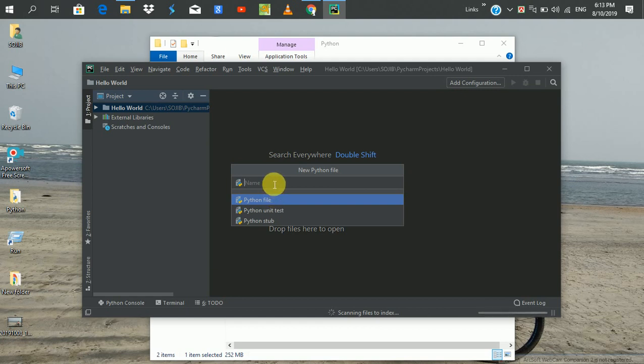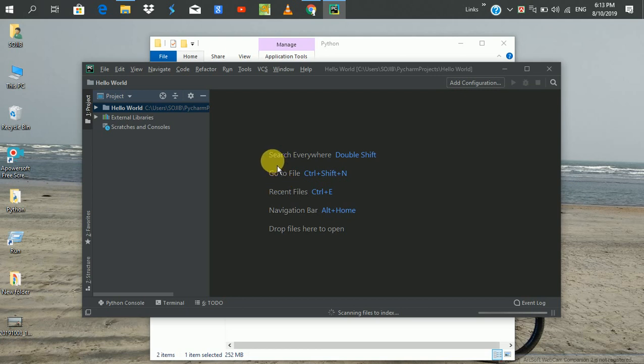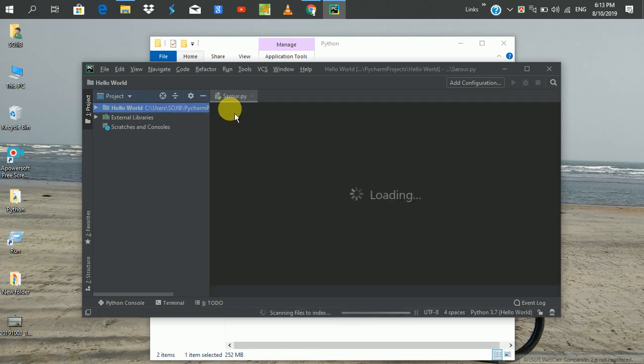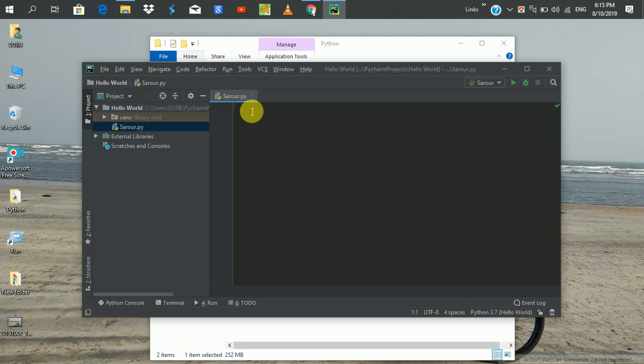Name your file. Make sure that you type the extension .py. Press enter. So here the Python file is open. Now we will write a program